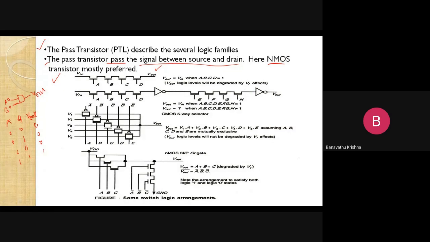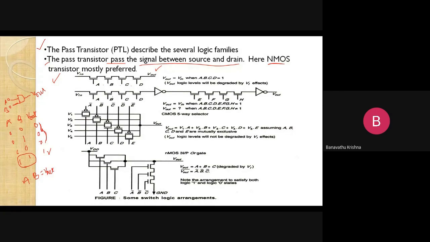So if any one of the inputs A and B is 0, then automatically the output is 0. When both are 1, then only we get the output response 1. Likewise here also A dot B dot C dot D. So simply the output response V out equals A dot B, which means the AND gate performs the dot operation.